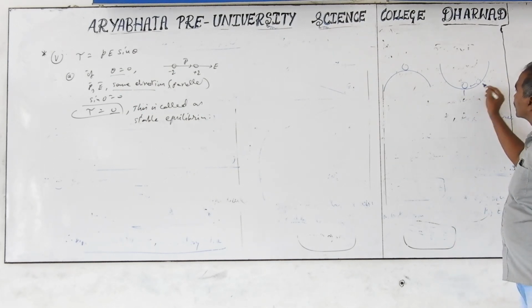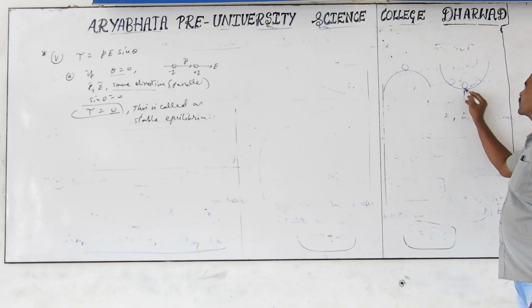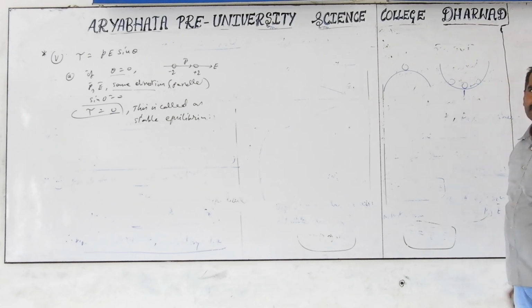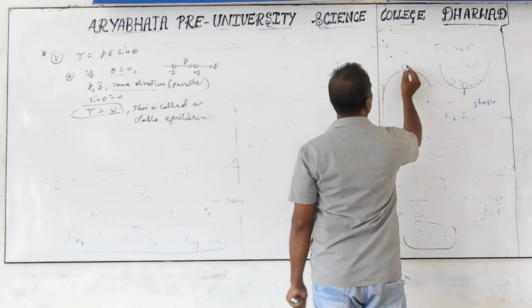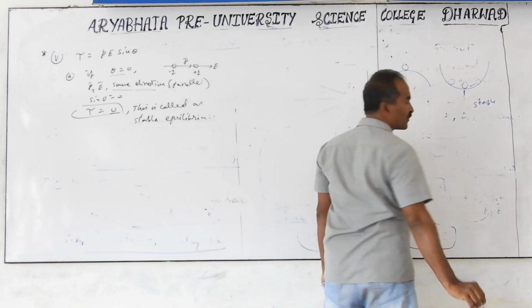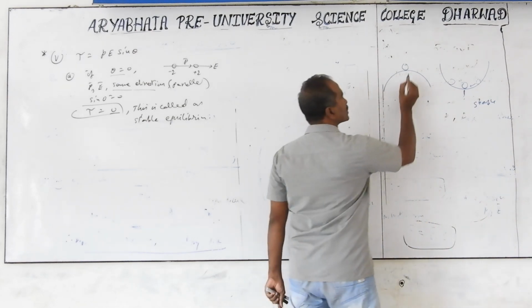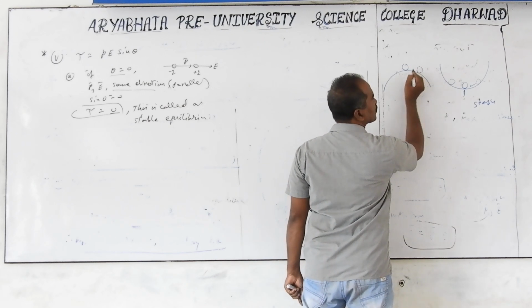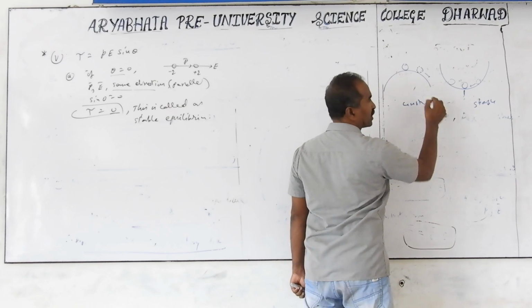In this position, it has minimum potential energy. So it is trying to go back here, as it has minimum energy here. If you disturb it again, it comes back to the previous position, and that is called a stable equilibrium. And if you reverse the ball and put it on top, carefully, it won't be disturbed. Without doing anything, carefully if you put it, it will stand. Now if you disturb it or move it slightly to the side and leave it, it won't come back, it will roll away. That is an unstable equilibrium.